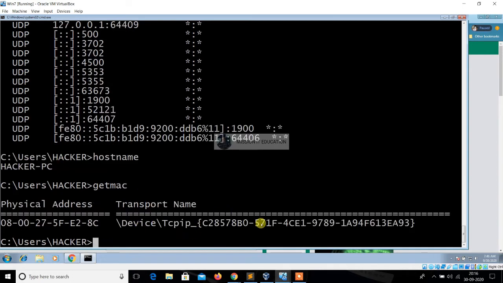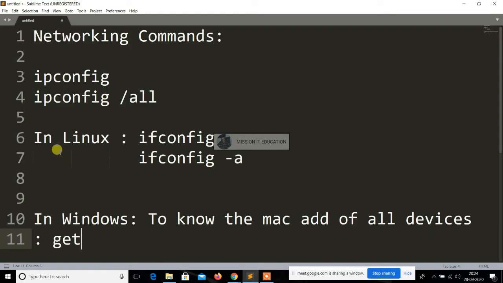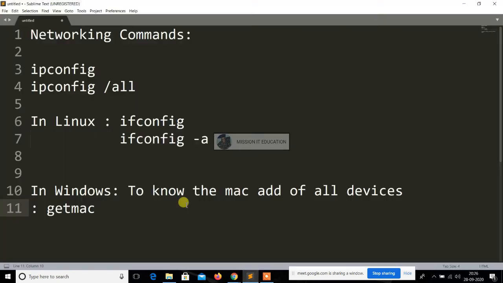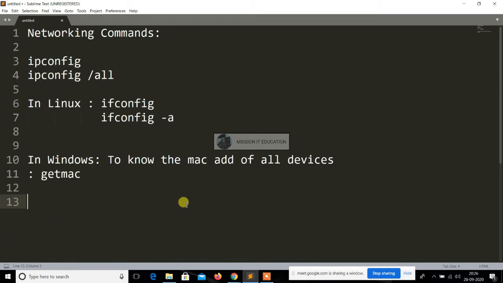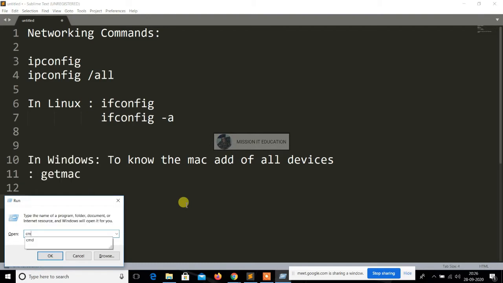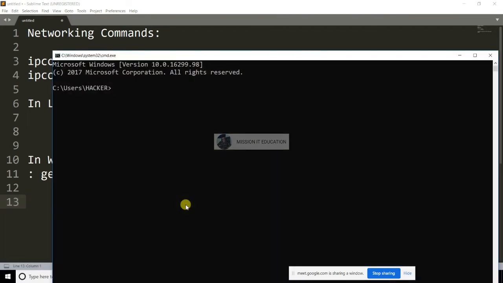Now the next command is used to check the connections of a particular machine, which connection the internet is connected through. So we use ncpa.cpl. The full form is ncpa, network control panel applet, and cpl means control panel.